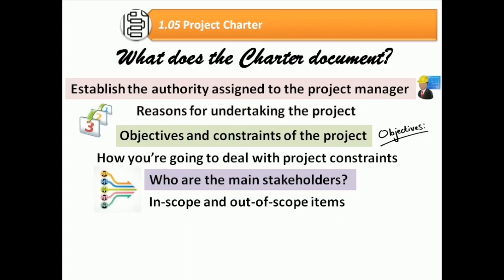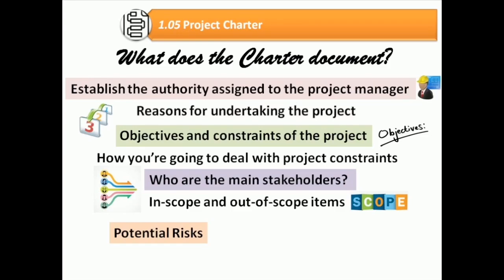In scope and out of scope. As the term specifies, we should be very clear on what is in scope and what is out of scope, so that we don't end up doing activities which are not in our scope or authority. Potential risks. List down risks that can arise so that you are not taken by surprise.